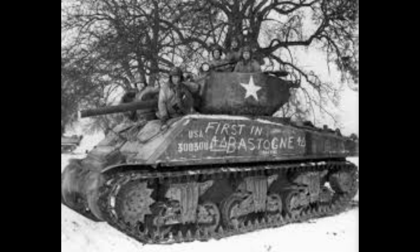In the years that followed, debates raged. Critics pointed to the Sherman's vulnerabilities, its thin armor, its tendency to ignite, its inferiority in one-on-one duels with German heavy tanks. Supporters countered with the facts. The Sherman was reliable, adaptable, and available in overwhelming numbers. It was not the best tank of the war, but it was the right tank for the war the Allies